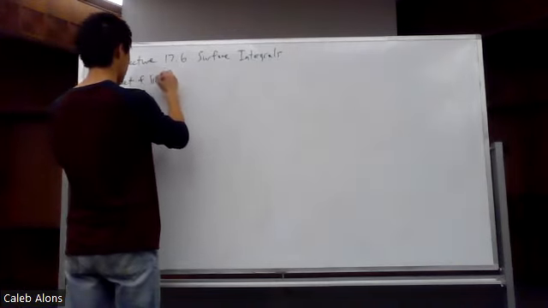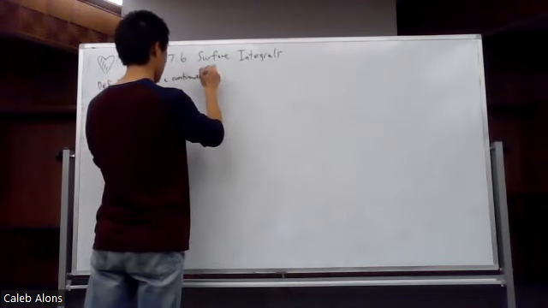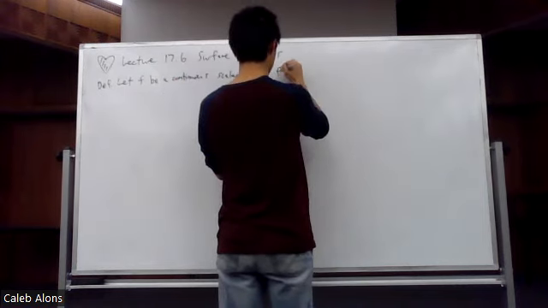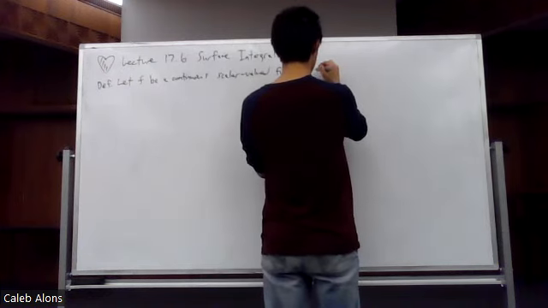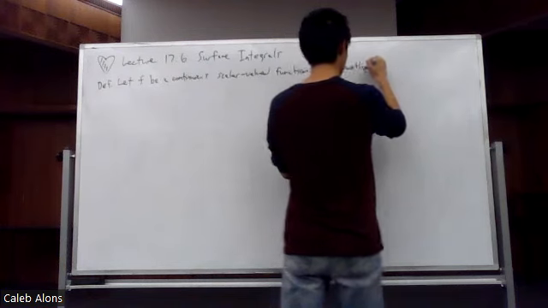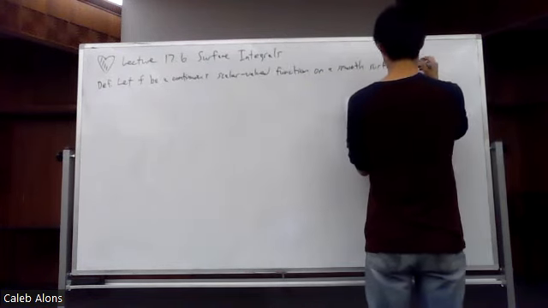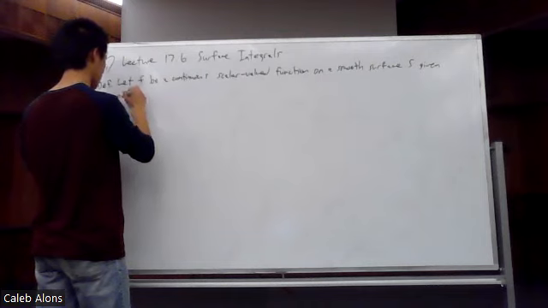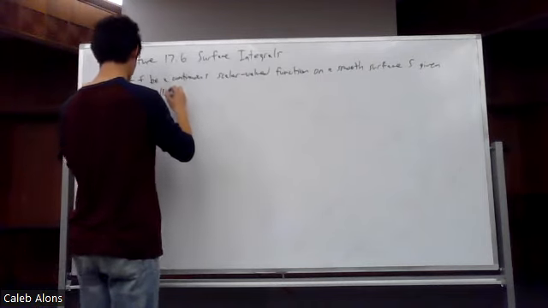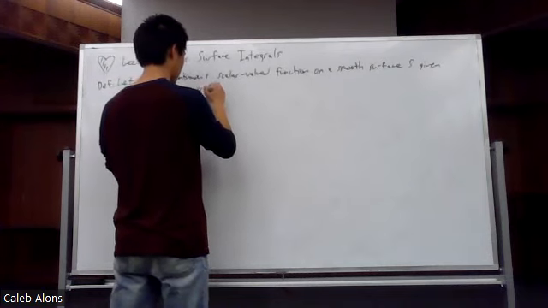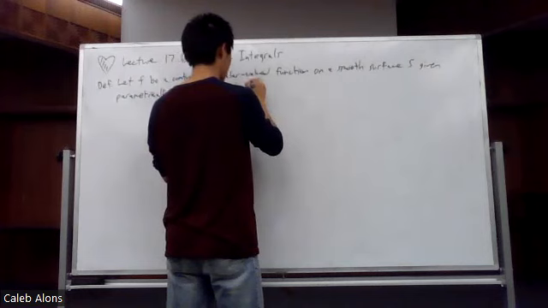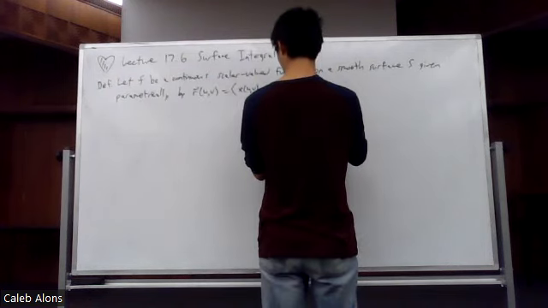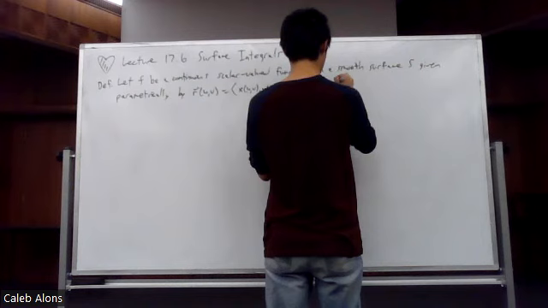Let f be a continuous scalar value function on a smooth surface S given parametrically by r(u,v), which is x(u,v), y(u,v), z(u,v). You're going to see that construction quite a bit. Where u and v